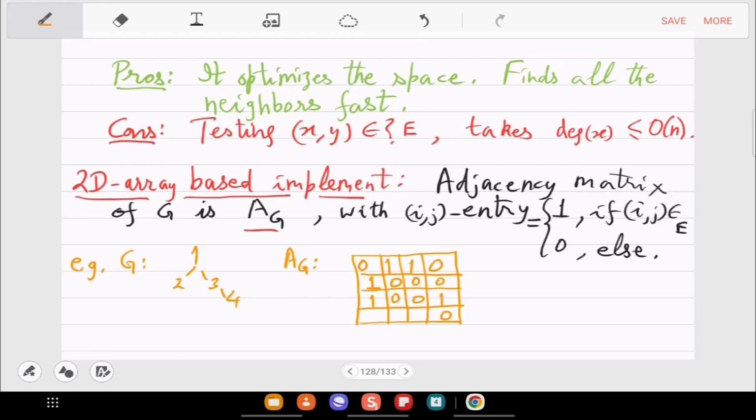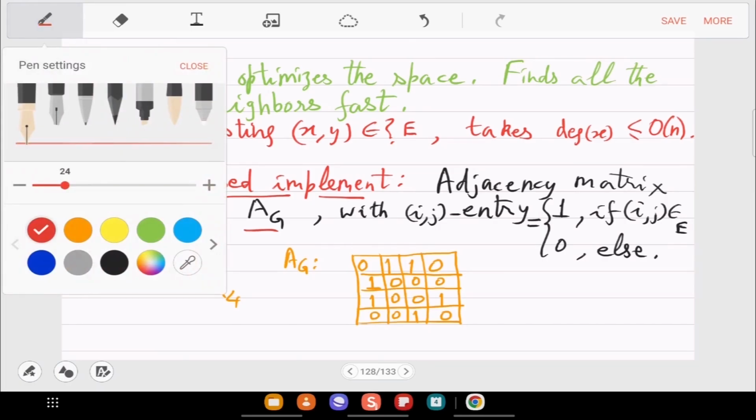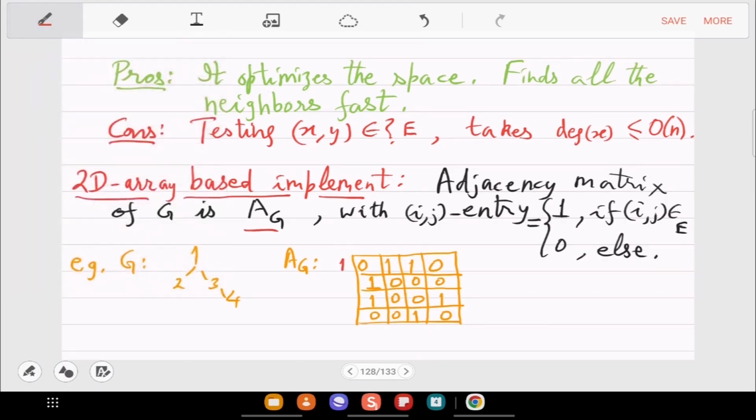And 4, 3 is there. Is that clear? These are the row indices, these are the column indices. It's a 4 cross 4 matrix with so many ones, rest is 0.